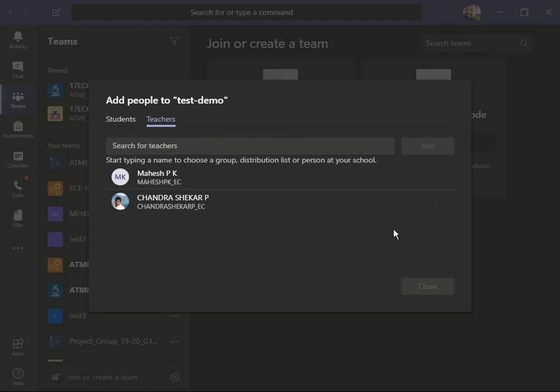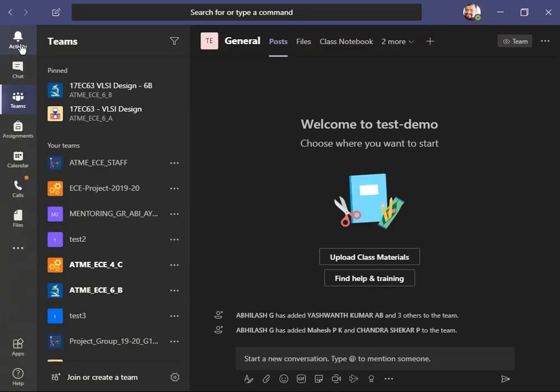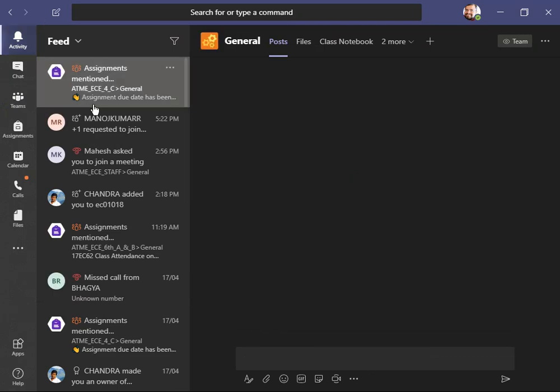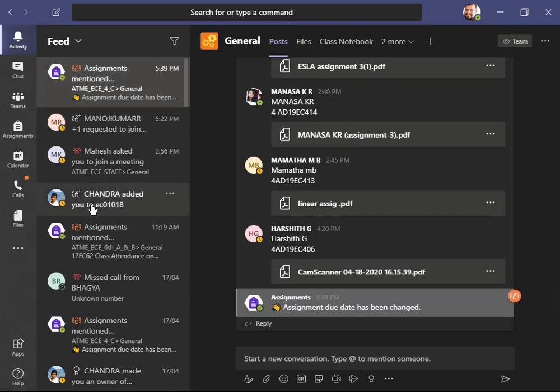and once they are added, again they will get invitations, and they will get notifications that they have been added to so and so group, and this notification is what turns up in activity. So just now I created a group, and that is actually going to turn up as a notification for the others that they have been added to a specific group that I have just created.